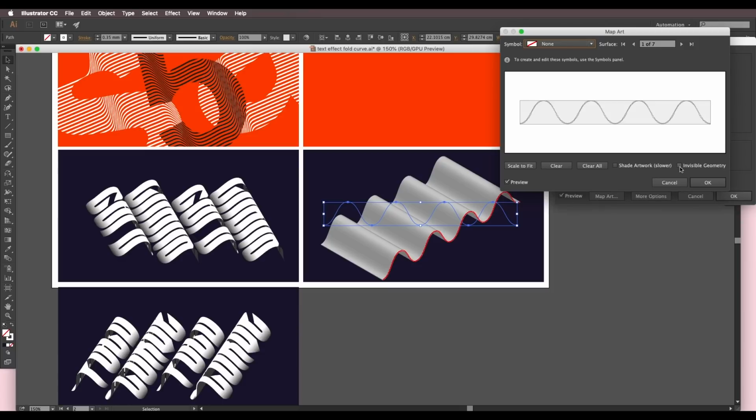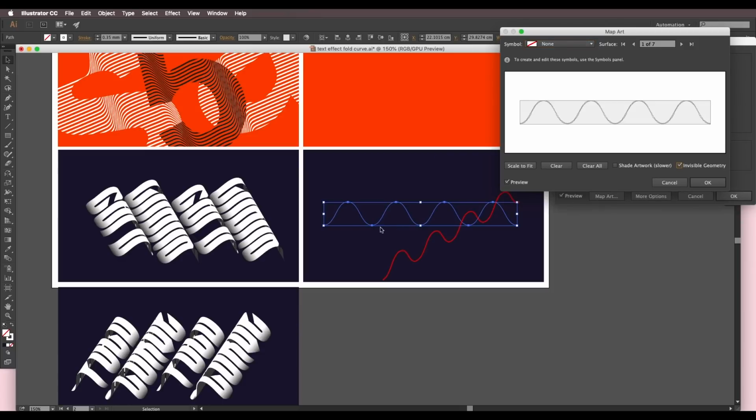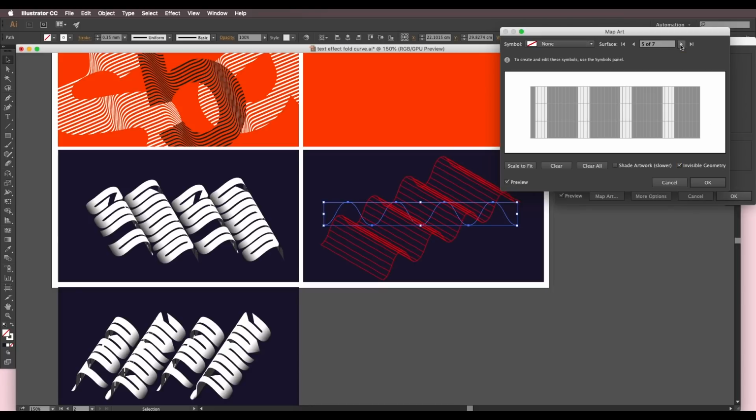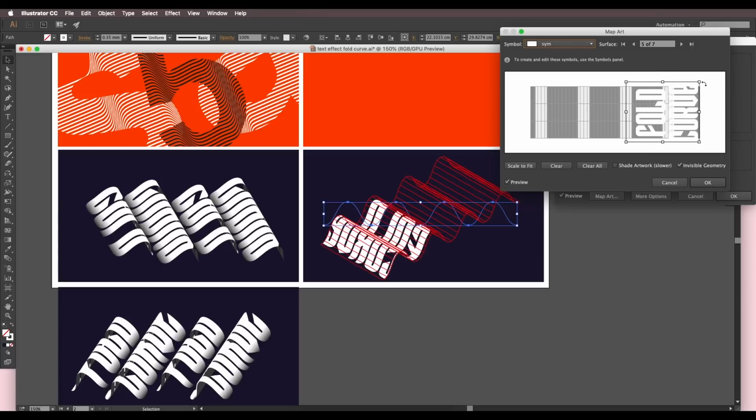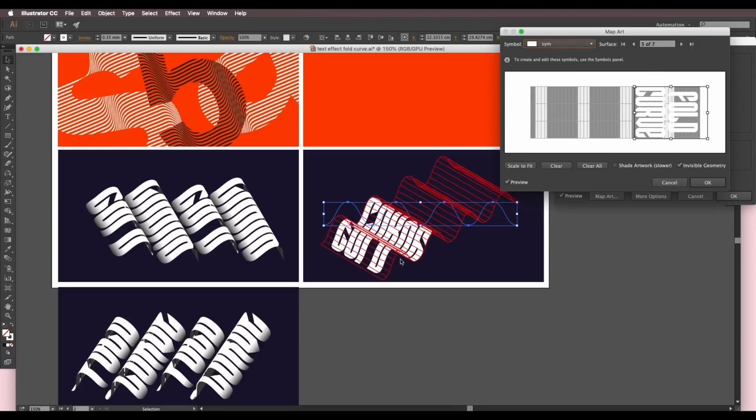And now I'll go to map art and click on invisible geometry to see the geometry only, and then just click on these small arrows and select a surface, something like this. So you got this whole surface. Now to apply the text, go there and select the symbol, and we'll change the angle with the shift press. I want to give it something like this, and let's reduce the thickness a little bit just to make sure